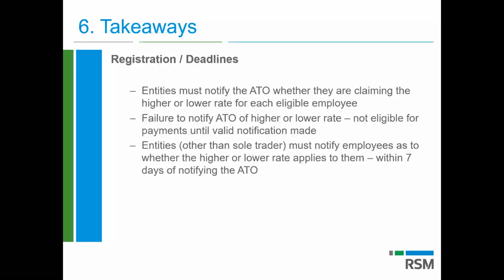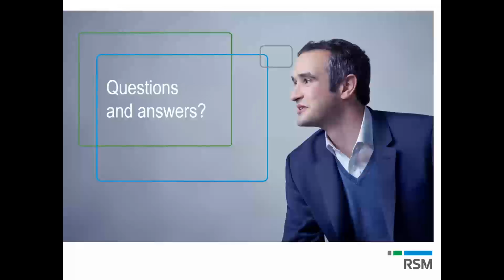And there are some very strict deadlines around when you need to tell the ATO and when you need to tell your employees certain things. So bear those deadlines in mind because they impact upon your ability to actually get payments from the ATO. If you fail to make your declaration, if you fail to get your nomination forms in place, you're not entitled to payments. So with all of that said, and with about 6 or 7 minutes to spare, I might hand